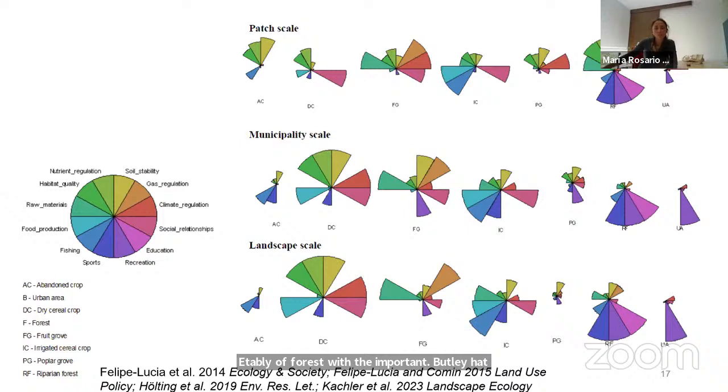However, it was important here to look at the dry cereal crops that in our case study covered the largest part of the landscape, meaning that if we want to make a more sustainable change in the management at the landscape scale, we need to look not only at those areas that contribute the most at the small scale, but also that cover the largest part of the landscape, in order to balance the different land use types and the different management intensities to provide a more balanced set of ecosystem services.